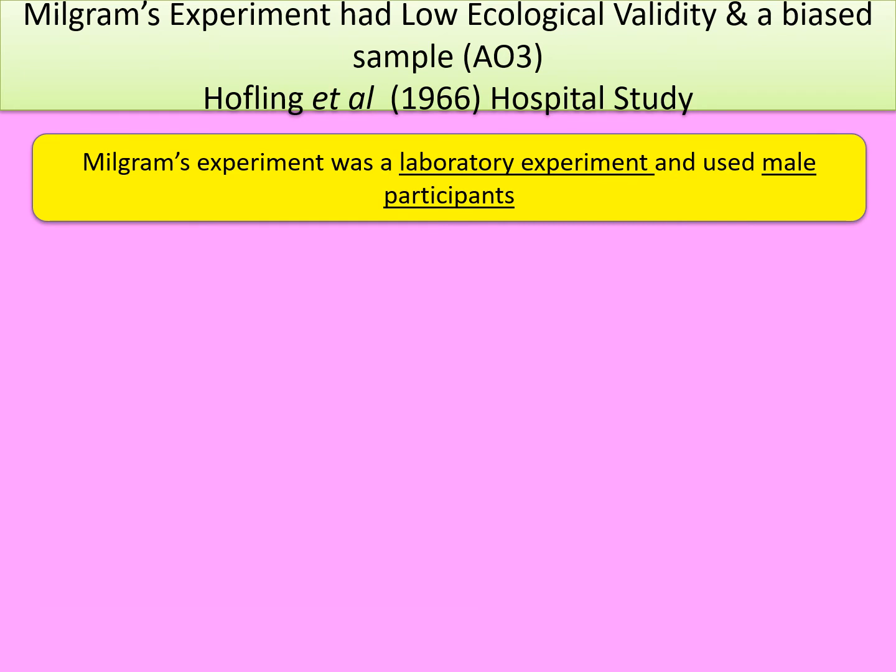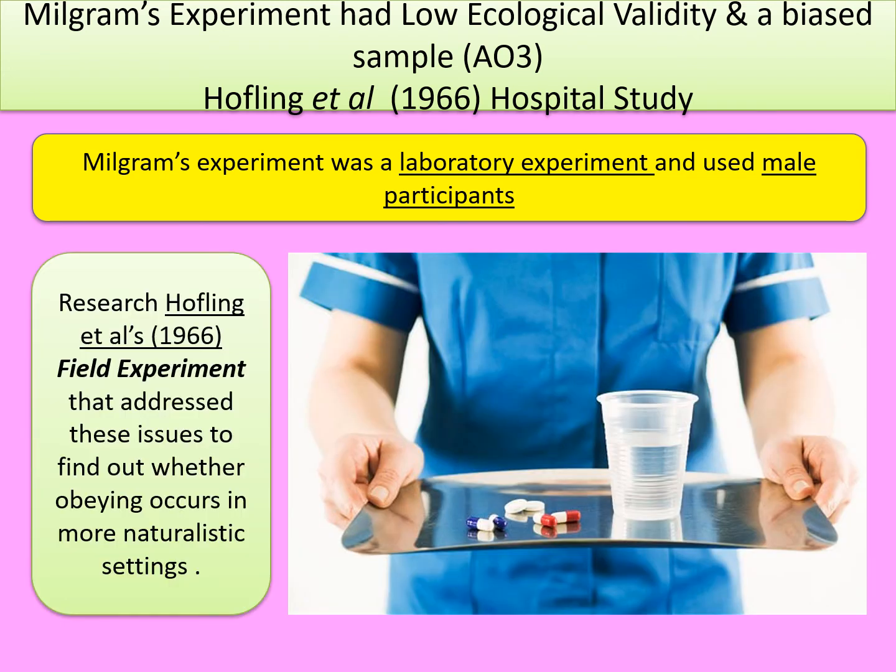Okay, so there's one more evaluation which you might or might not want, and it's to criticise Milgram's original experiment: that it had low ecological validity and a biased sample. It was a laboratory experiment, which was a very fake environment, and it only had male participants. So once you've criticised that element, you could then go on to say, however, there was research in the 60s